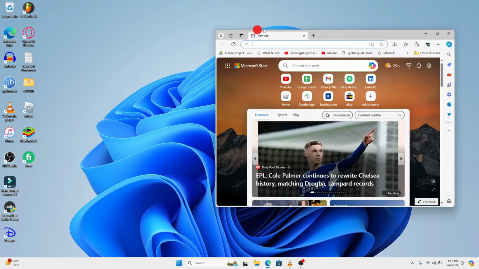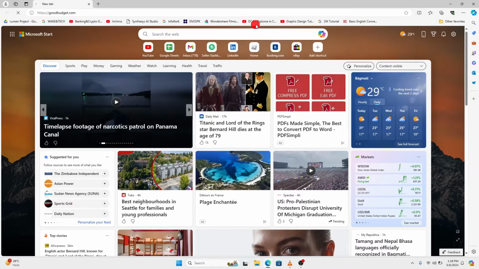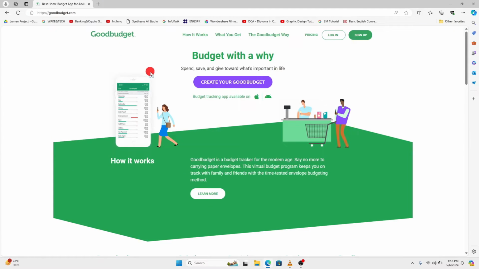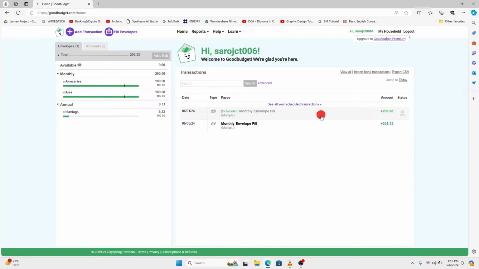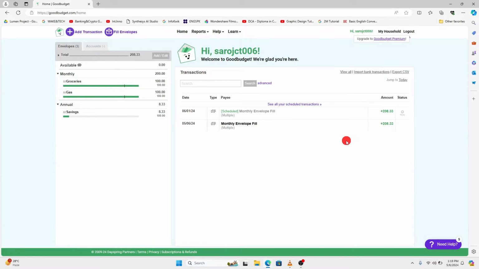First of all, open up your web browser and then in the address bar type in goodbudget.com and press enter. You will now be taken into the official Goodbudget website. Click on the login button at the top right corner and then use your credentials to log in to your account. Once you have been logged in, you will be taken into the home page, from which if you wish